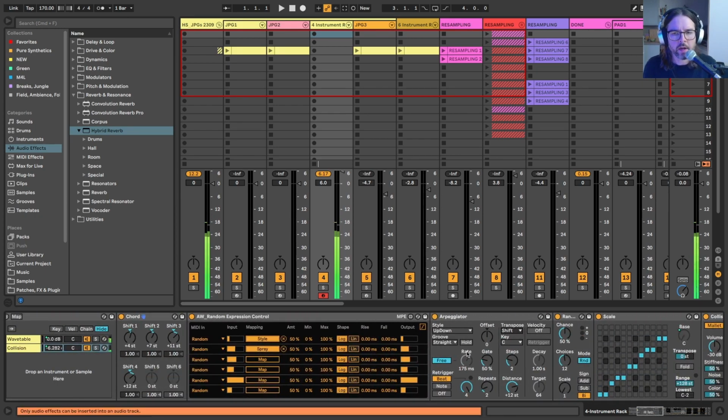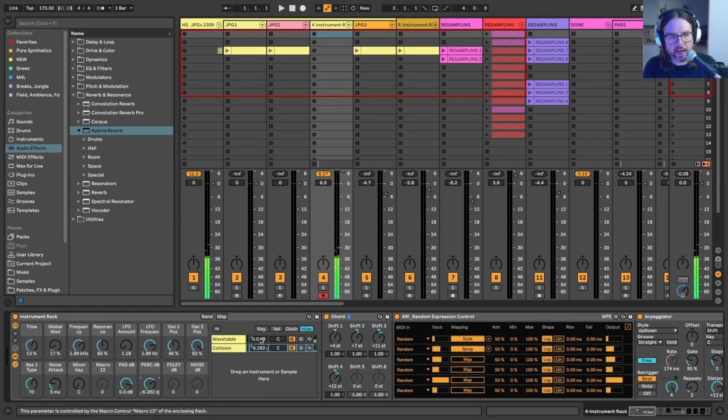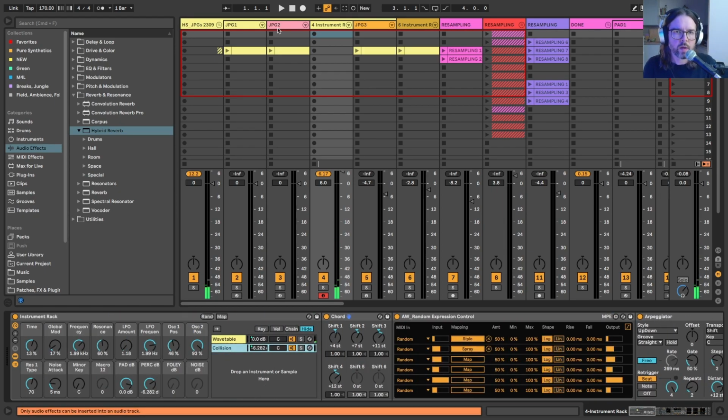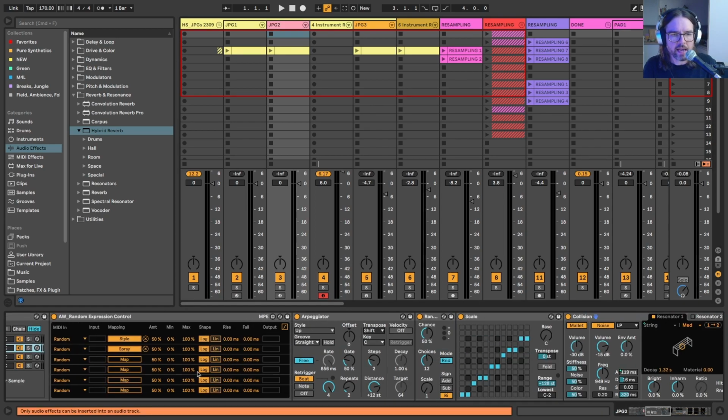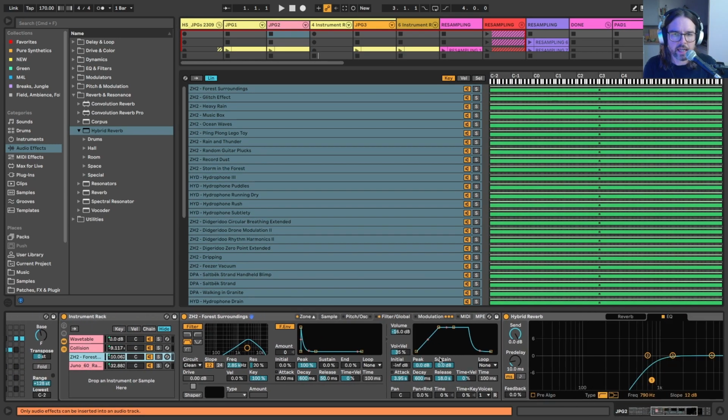Things being driven by an arpeggiator where the rate is being modulated by an LFO. Yeah, pretty cool. Okay, next we are going to create a Foley layer, and I have done this in Sampler